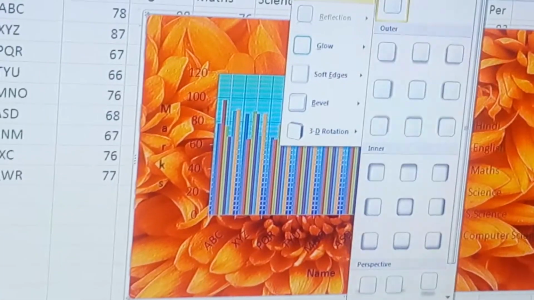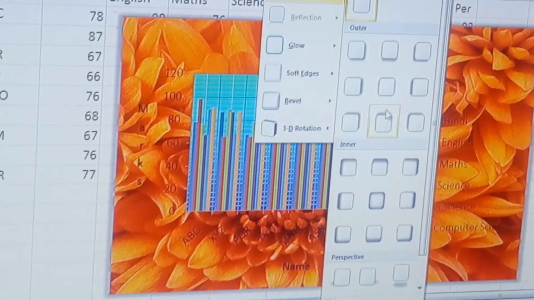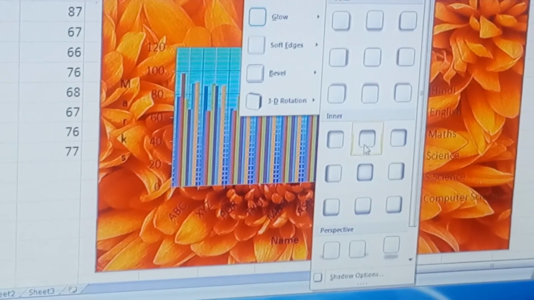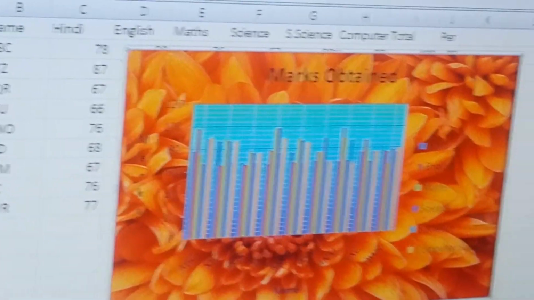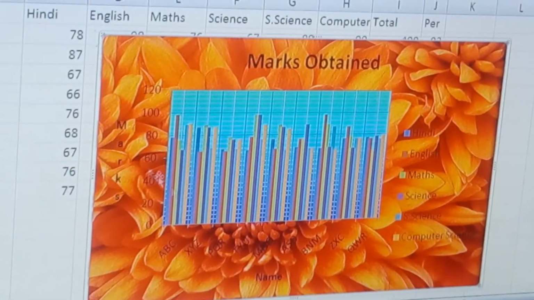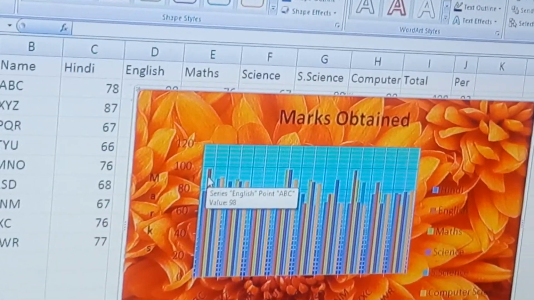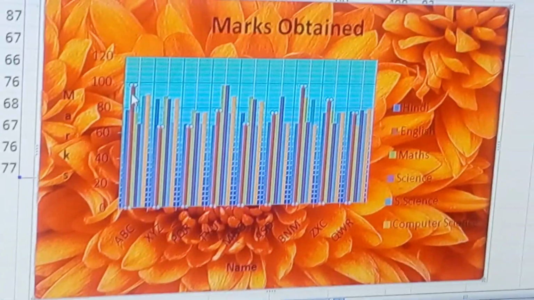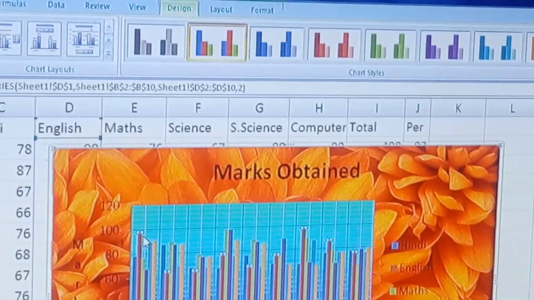Shape effect, you can apply the shadow. Whatever you want, it will be applied on the chart. Clear? Text fill color, or you can set the color of this legend. You just have to double click on the data series and select the format.